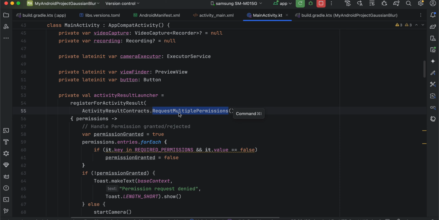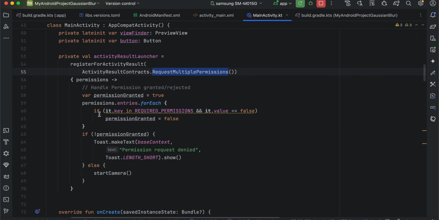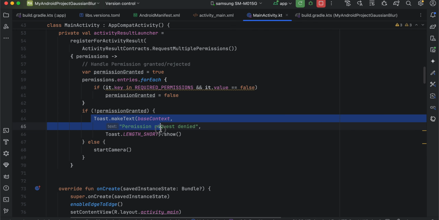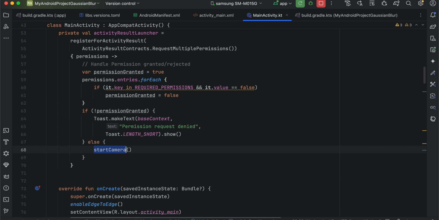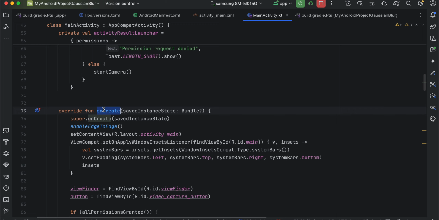Then the var permission granted is equal to true. Then we just loop over all of this. If the permission is false, then we just make this as false. If it is false, we just display a toast message, else we just call start camera. Then inside on create